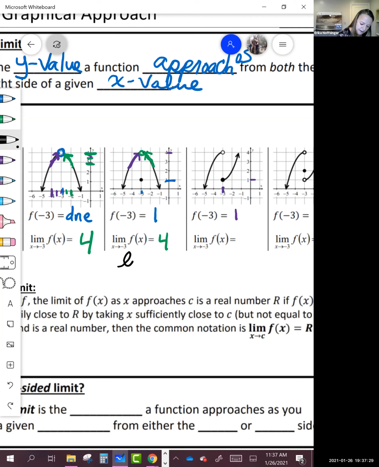So if I was looking at the limit as x is approaching -3, with that arrow and a -3, I'm going to write the notation so it's just telling me that I'm coming in on just one side. So one side of